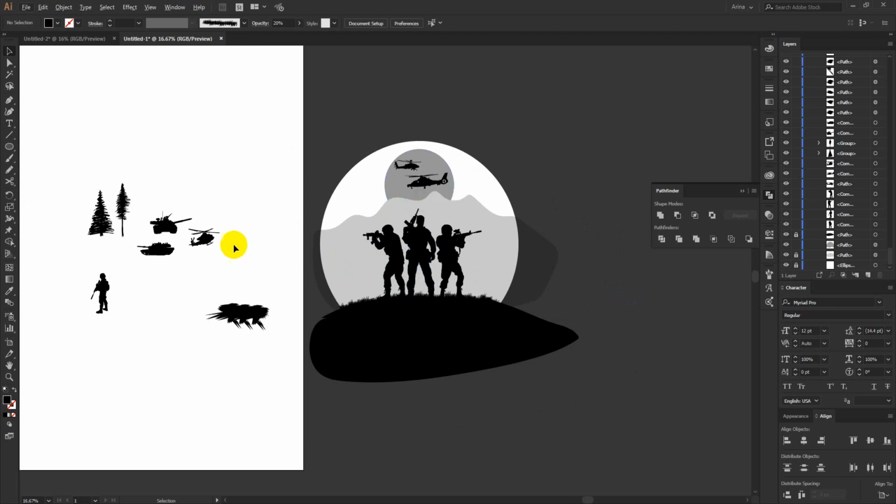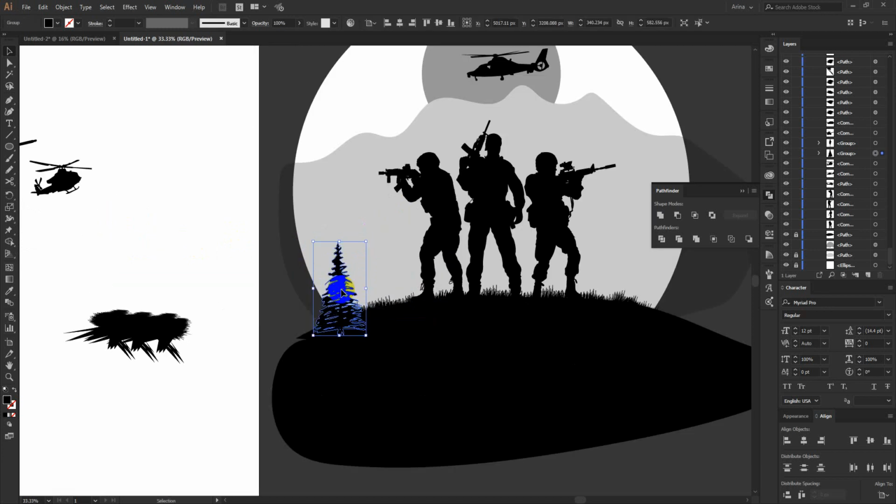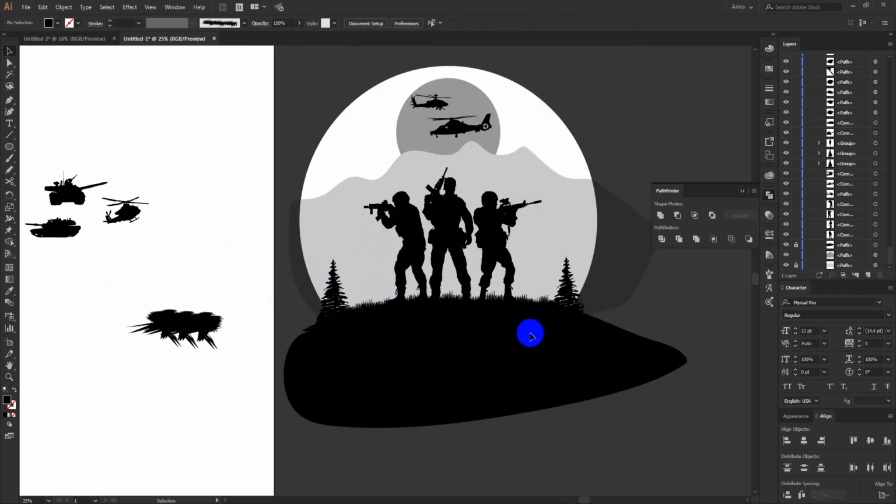So now my design is almost ready. I just need to add some trees here just to fill these corners, nothing else. Okay, so these are going to be my